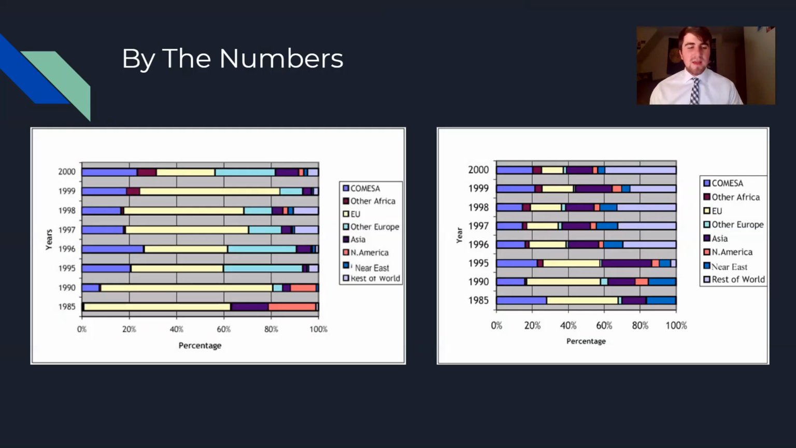The one on the left shows Ugandan exports and where they're going to, and you can see that as the years progress, the diversity of their export destinations has increased, especially with the COMESA preferential trade agreement growing to be a larger percentage and the European Union eventually shrinking. And the graph on the right shows the import destinations. Obviously, a lot of them are coming from their neighboring African countries,